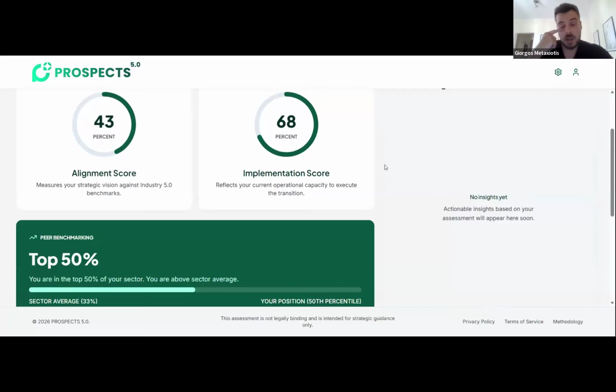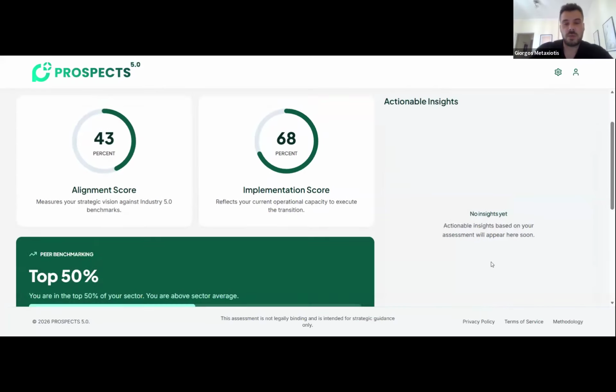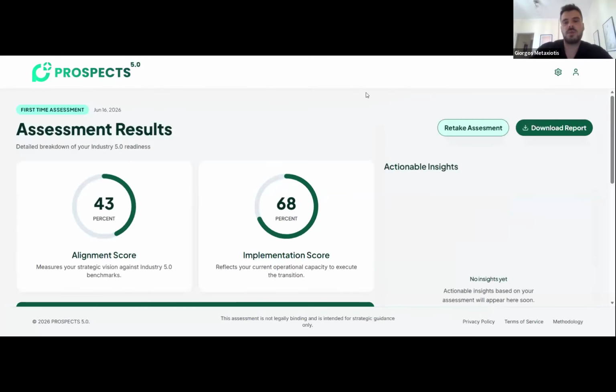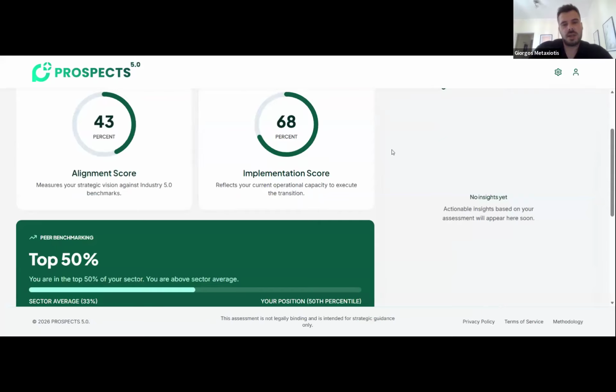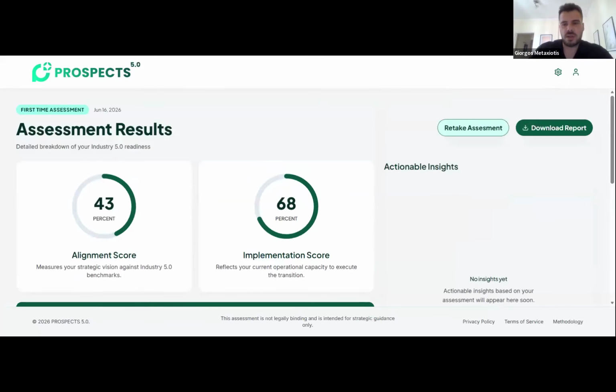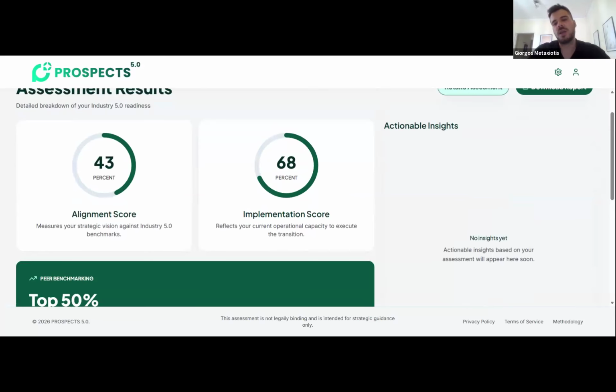And the last thing that we are developing is a chatbot, a usual chatbot, as you all know, that will help. So companies, users can ask questions regarding the methodology, the KPIs, and how they were formed. It will use natural language and help the user in real time on how to use the platform and how to complete the assessment